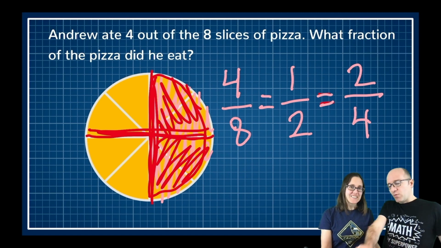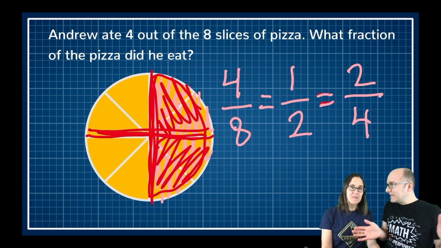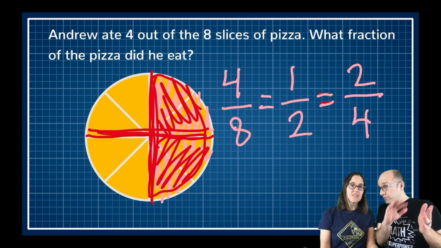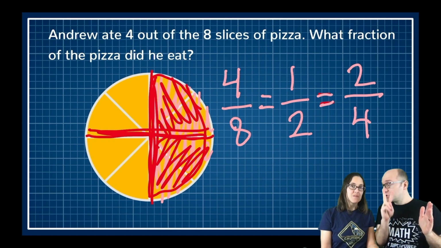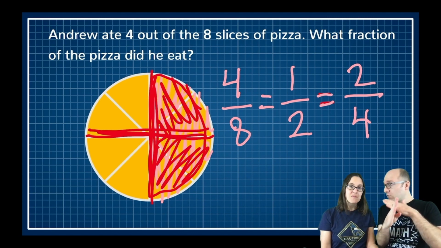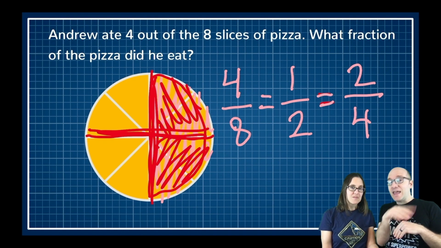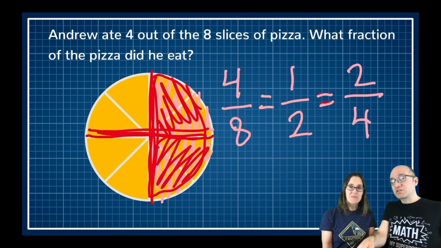So when we went from the fraction with the bigger numbers to the smaller numbers, that was like gluing the pieces together. We started with 4 slices on the right-hand side there, and you glued them together and said, that's just one big slice. And that made the left side one big slice, so there were just 2 slices. Or when you cut it into 4ths, that was kind of like gluing the pieces together. Instead of having 8 slices, there were only 4 slices, and you were able to go from a fraction that involved bigger numbers to one that used smaller numbers.